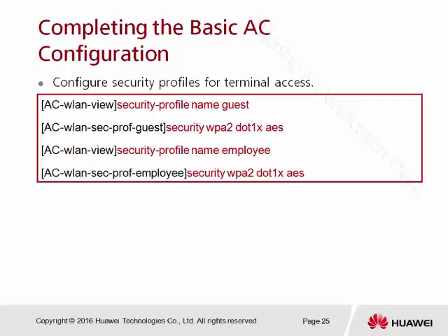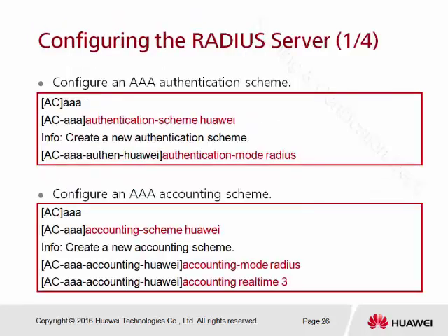Inside the security profile, because right now we want to run 802.1x, the command that we can use is security wpa2 dot1x followed by aes. So for the guest, we're going to use the .1x encryption and also the same for the employee. So right now we have already created two different security profiles, one for the guest and another for the employee. Both of them use 802.1x authentication. And secondly,